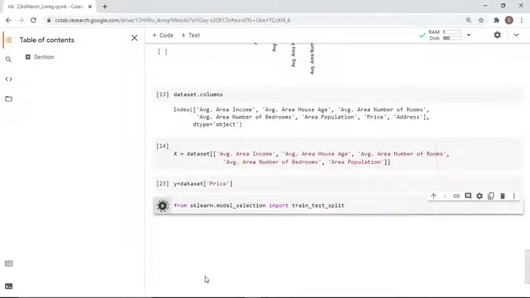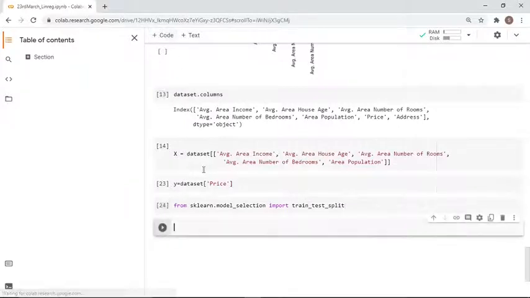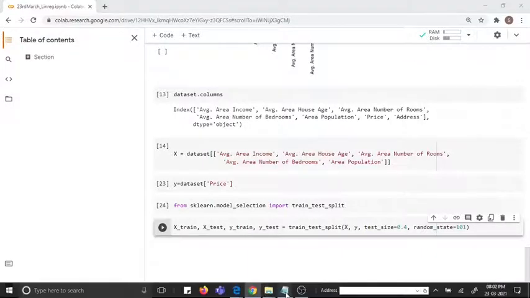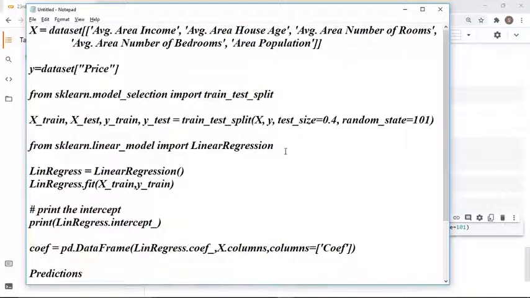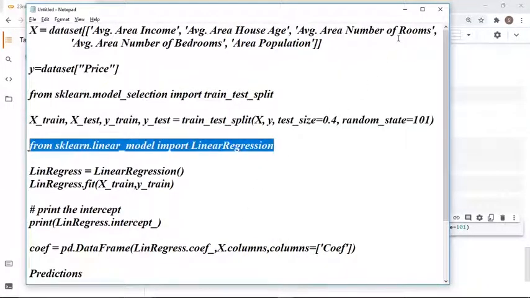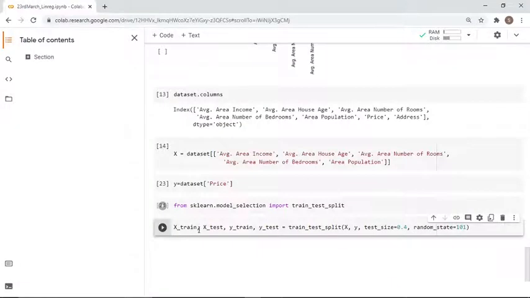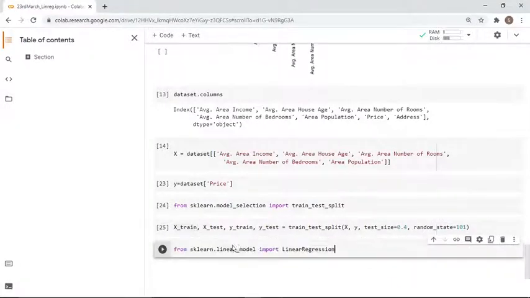If you execute it, it will help us to split the data. Now we'll be importing linear regression from scikit-learn again.